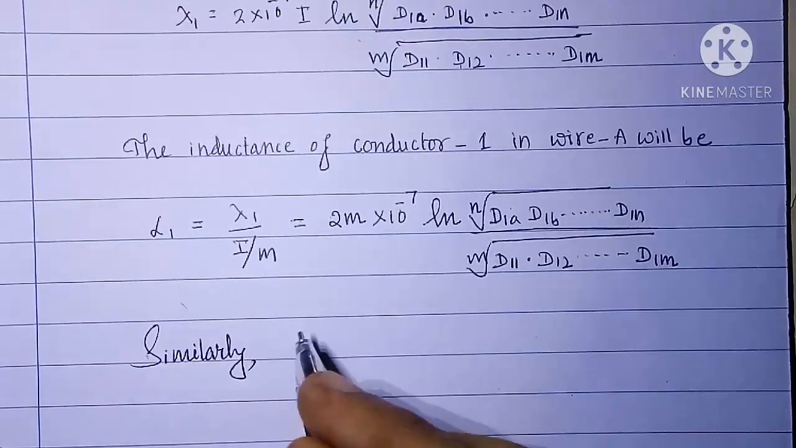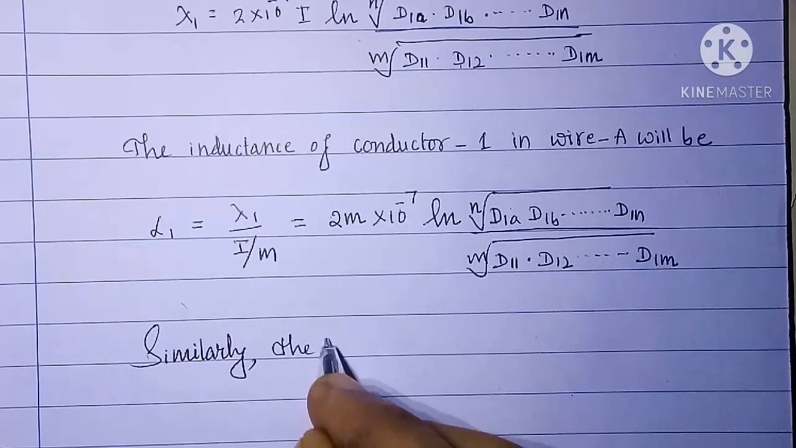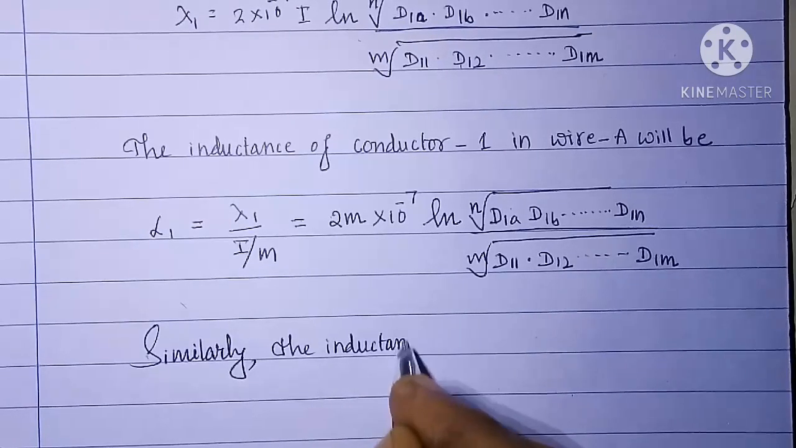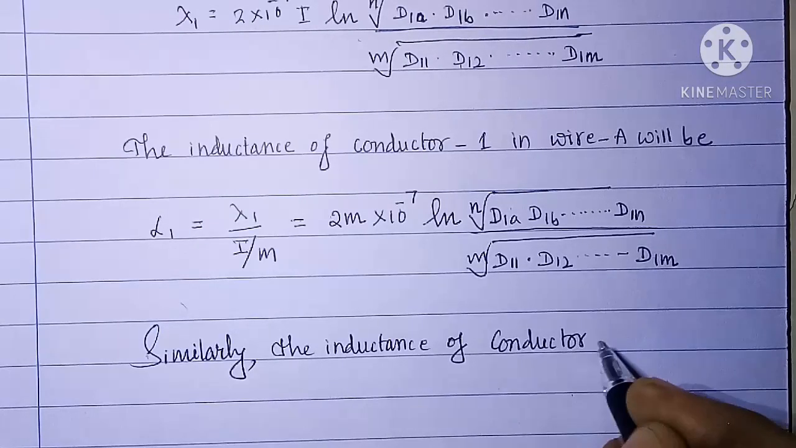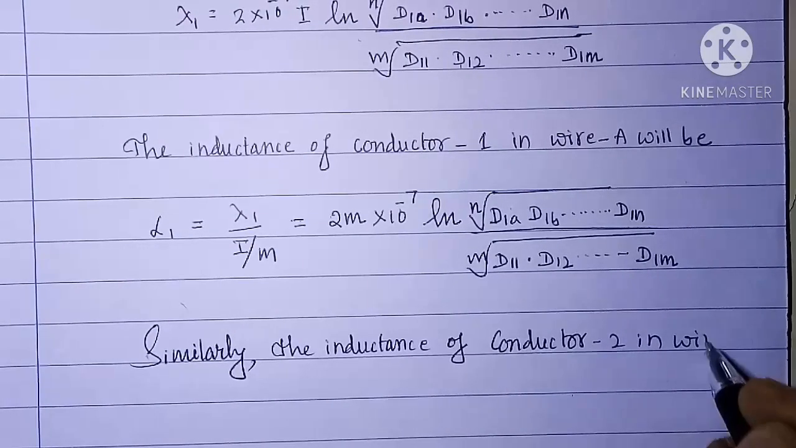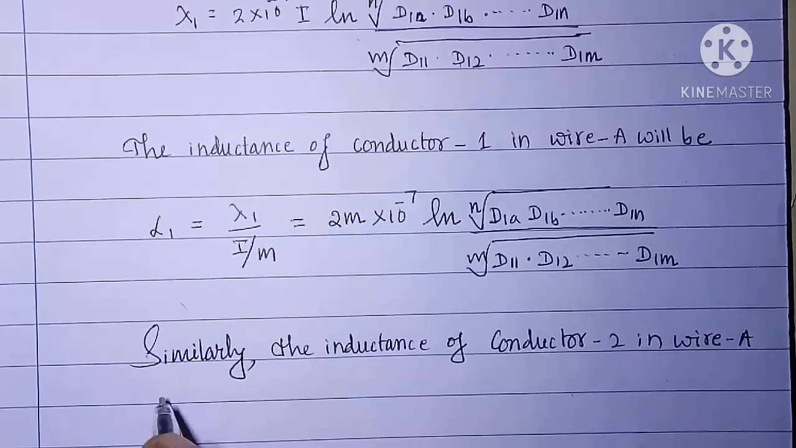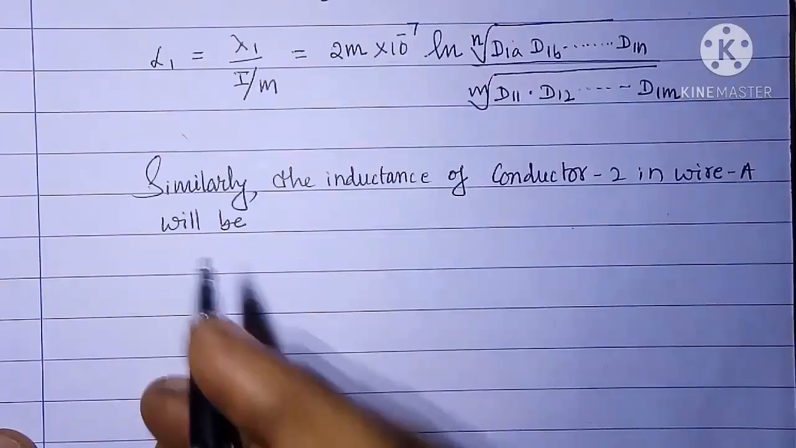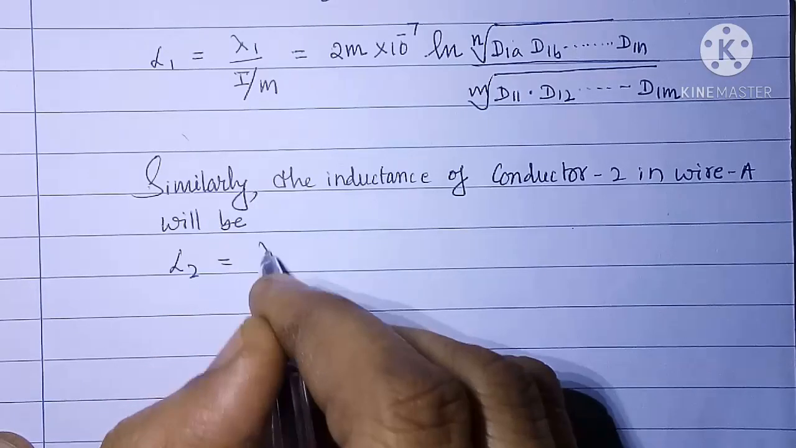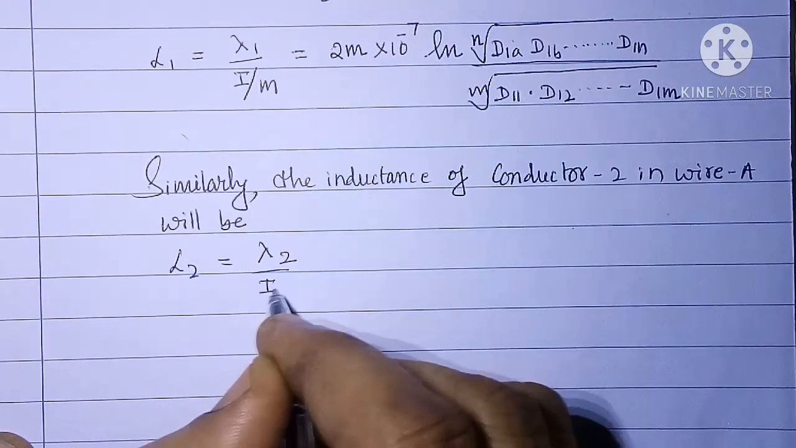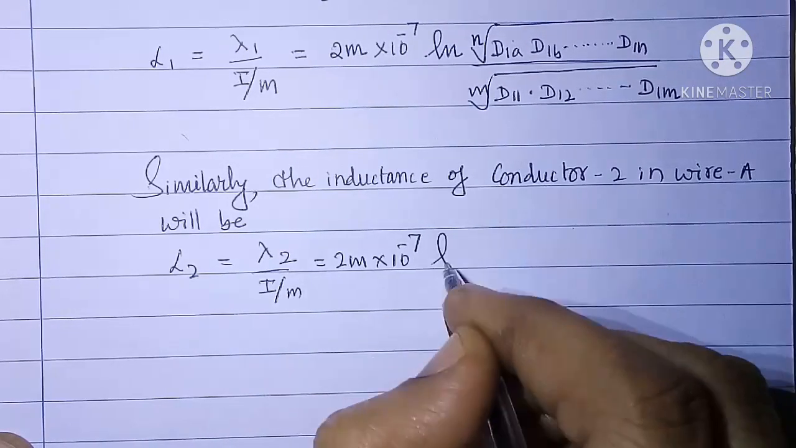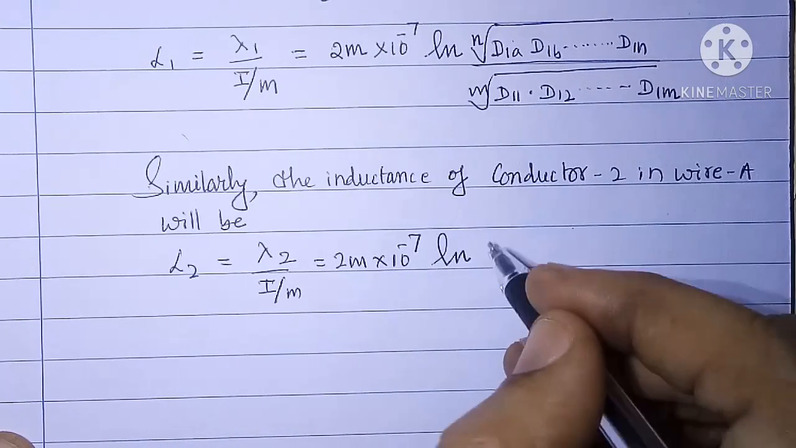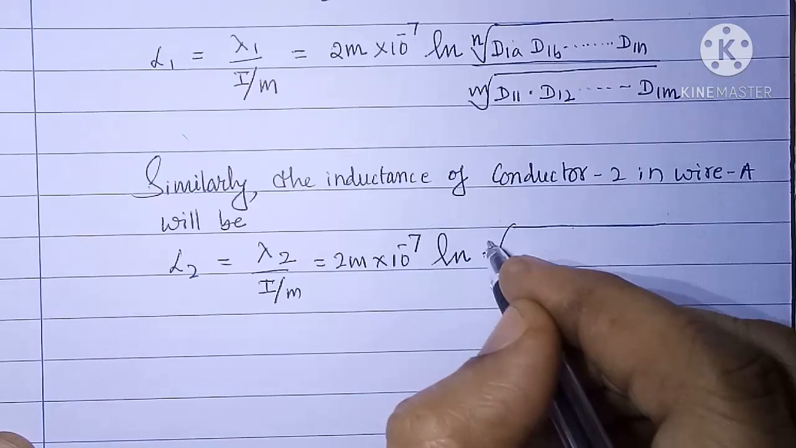Similarly, the inductance of conductor 2 in wire A will be L2 equal to lambda 2 upon I by m, that is equal to 2m into 10 raised to minus 7 ln of nth root of